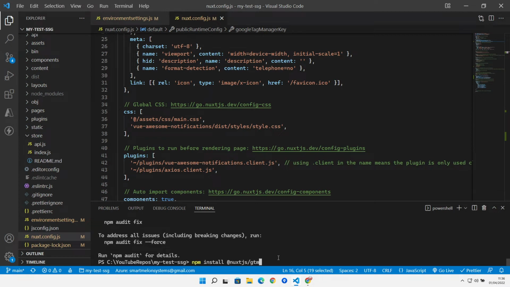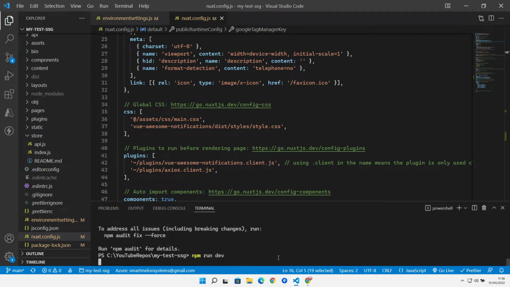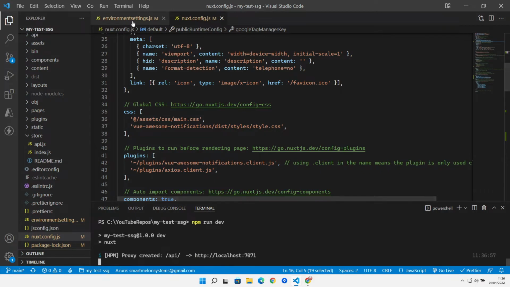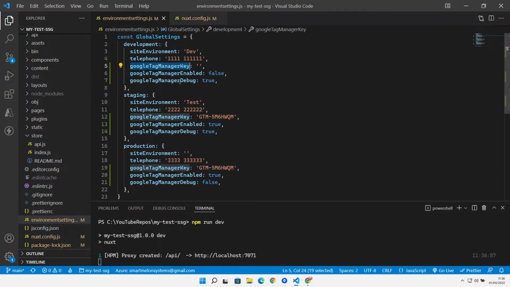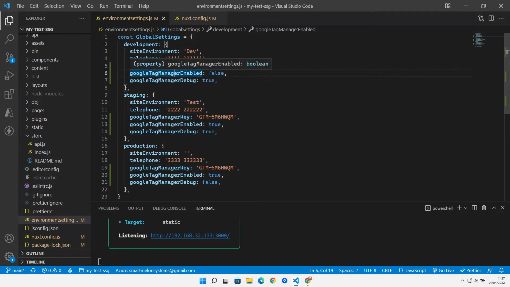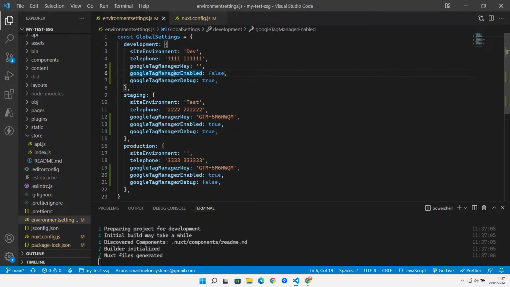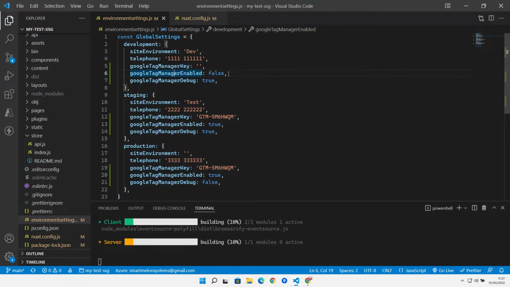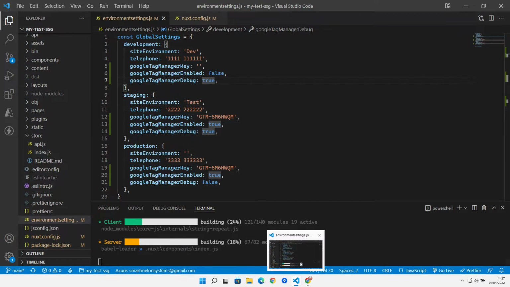So let's run this up. And we're running in dev, so let's remember that in dev we are not actually going to be calling Google Tag Manager. So we're not going to make actual HTTP calls out. We're going to disable that, but we are going to see it in the debug console. So we should see something in our trace that things are actually being called for Google Tag Manager is what